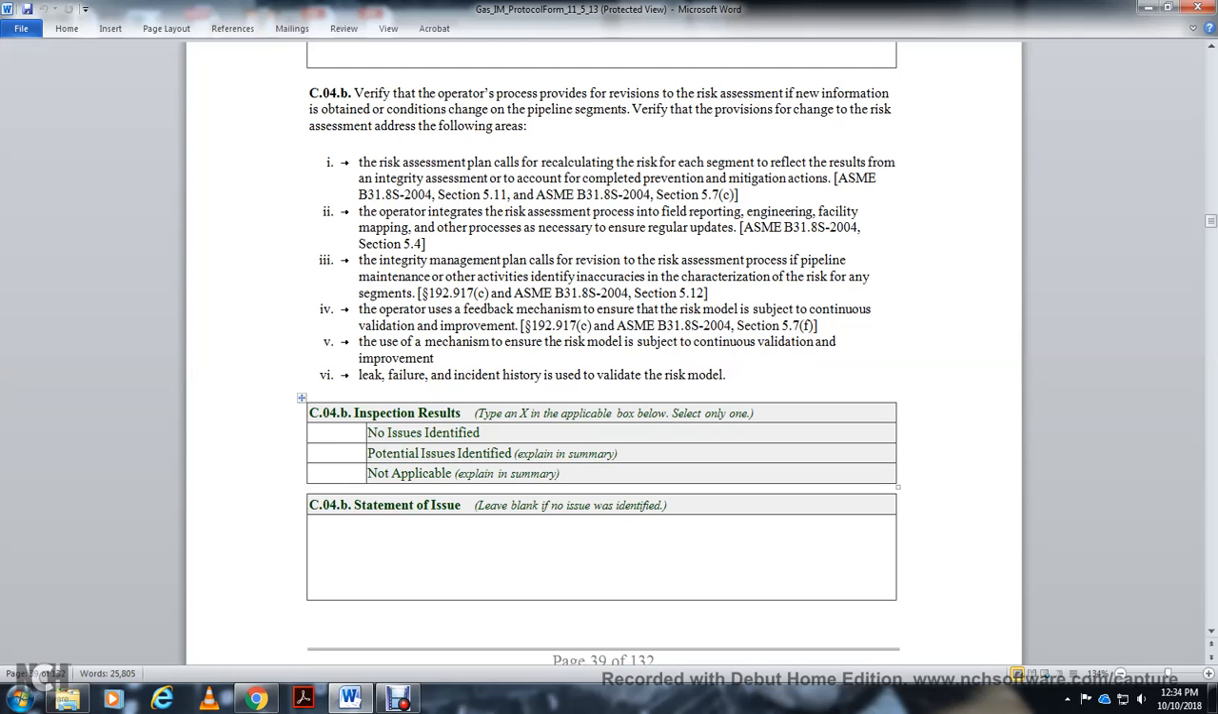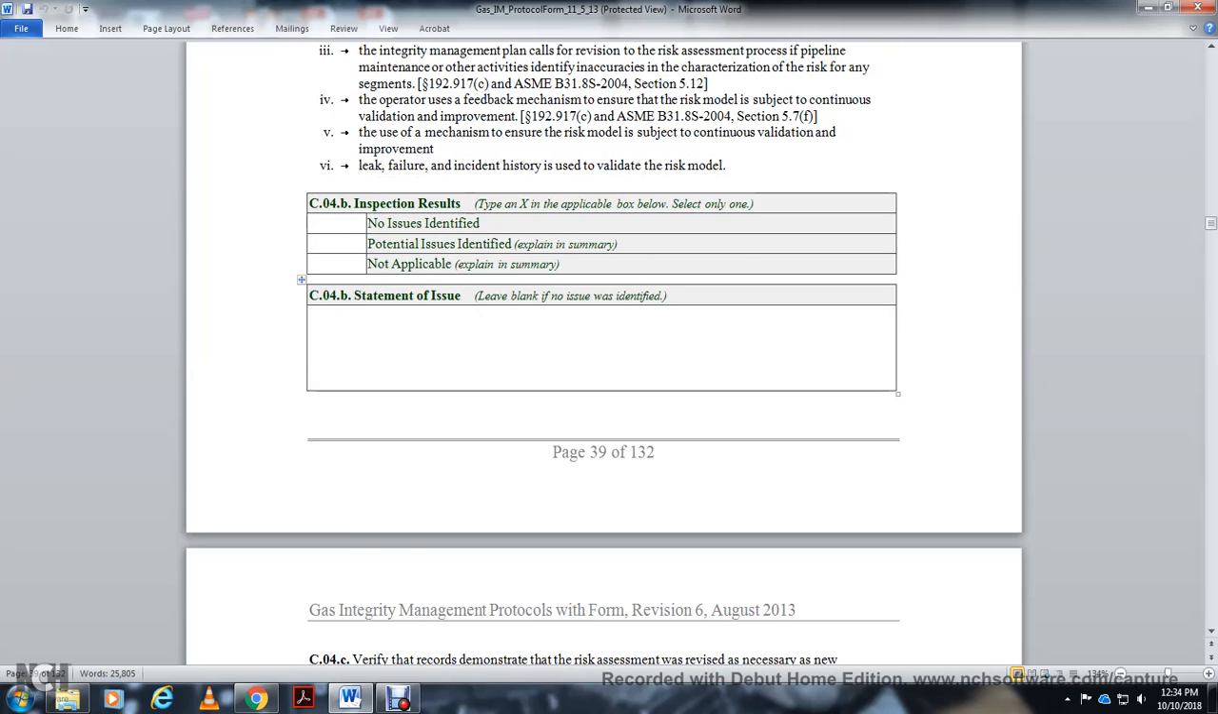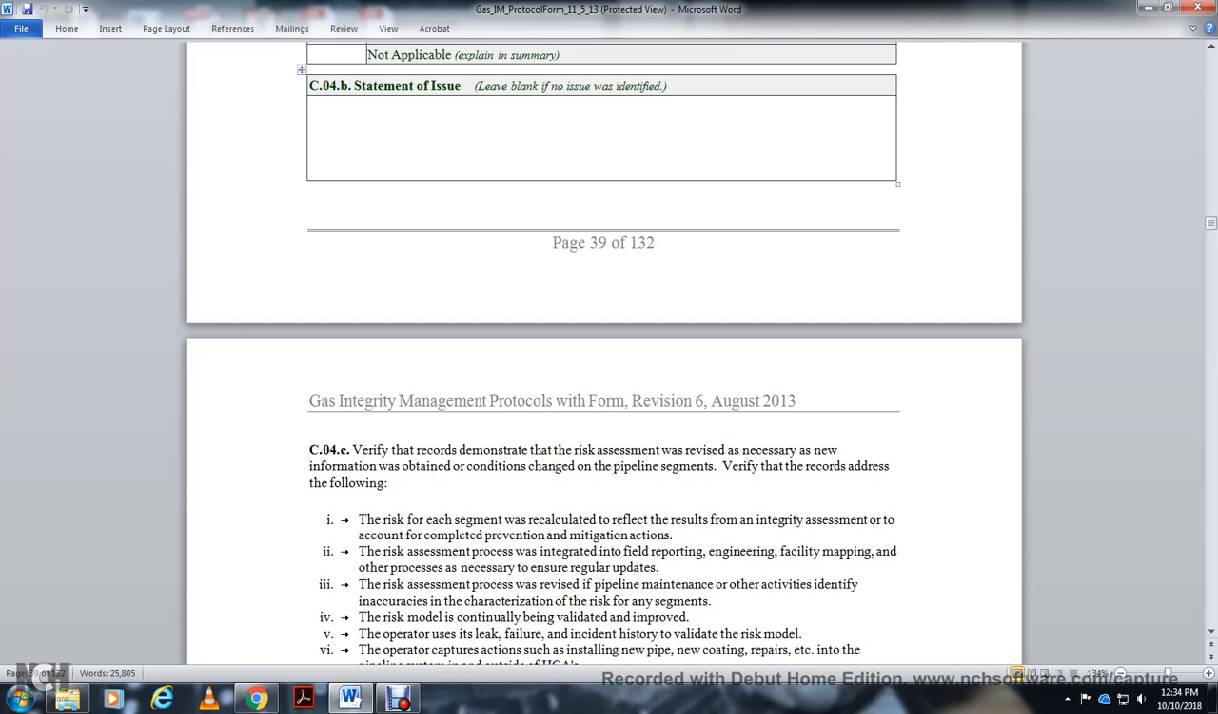CO4B inspection result: no issue identified, potential issue identified, not applicable. CO4B statement of issue: leave blank if no issue identified. CO4C: verify the records of the risk assessment are updated with the necessary new information for the change in condition of the pipeline. Check and verify records of the following risks for each segment are recalculated, reflecting the results of the integrated assessment